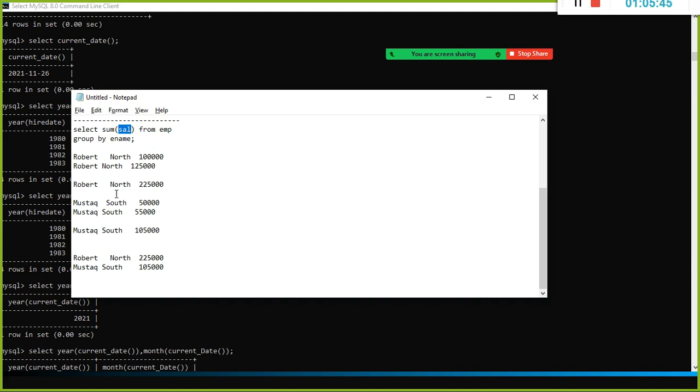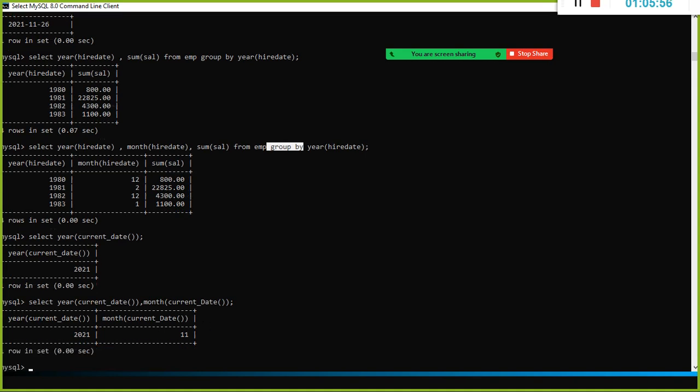Then it splits the data and does the aggregation. Next it combines everything: split, apply, combine. Got it? This is how the group by function works.